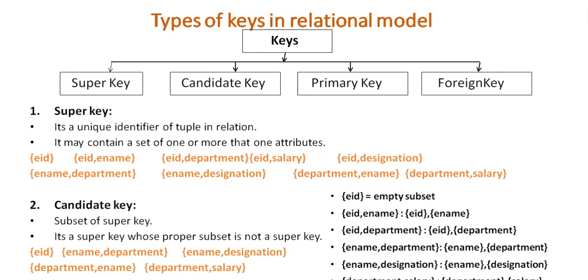Now from these 5 candidate keys we need to select one primary key which satisfies all the conditions for a primary key. What are the conditions? We can have a single primary key, so out of these 5 we need to select a single one. Which one to select? Check the other conditions. Another condition is that the primary key should not contain a null value. And all the values of the primary key must be unique.